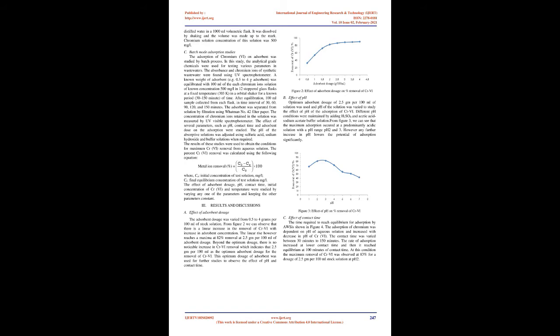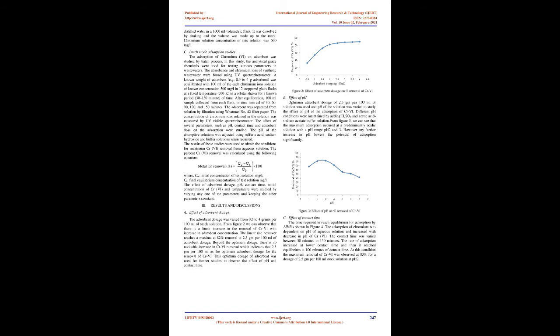In this study, the analytical grade chemicals were used for testing various parameters in wastewaters. The absorbance and chromium ions of synthetic wastewater were found using UV spectrophotometer. A known weight of adsorbent, e.g. 0.5 to 4 grams adsorbent, was equilibrated with 100 ml of each chromium ion solution of known concentration 500